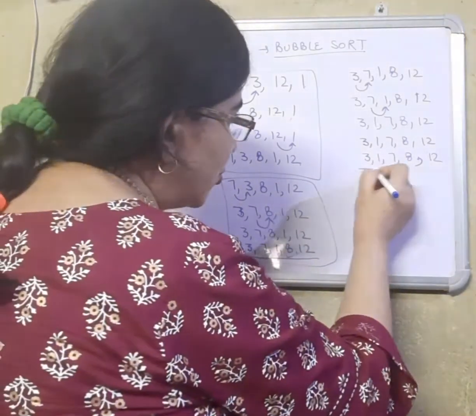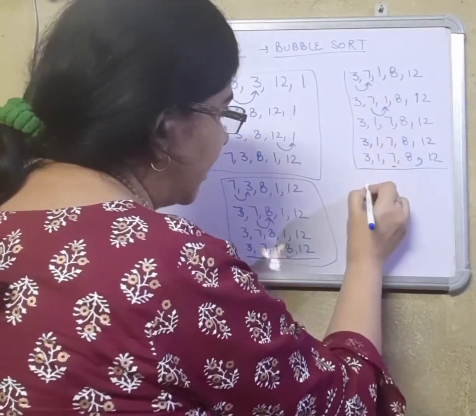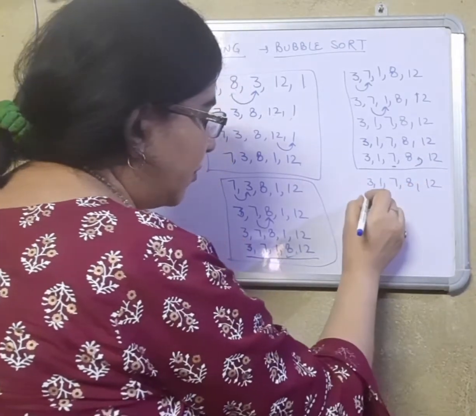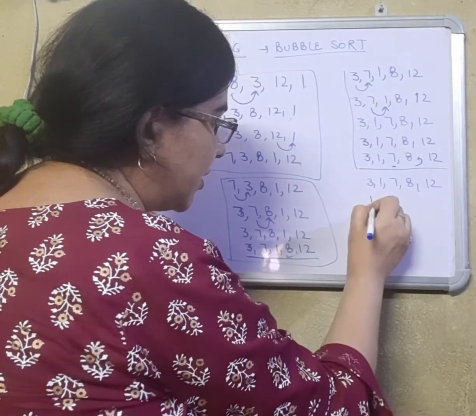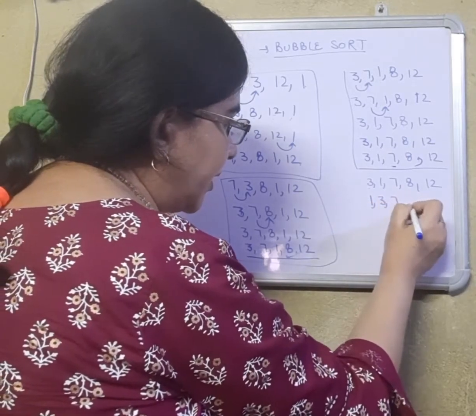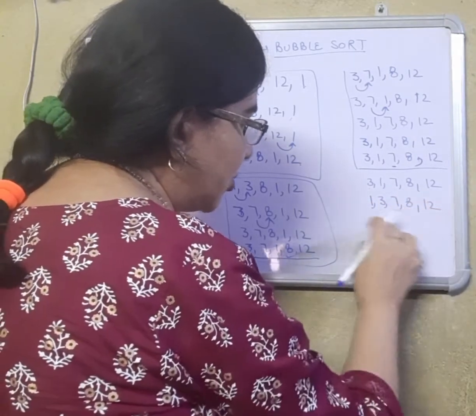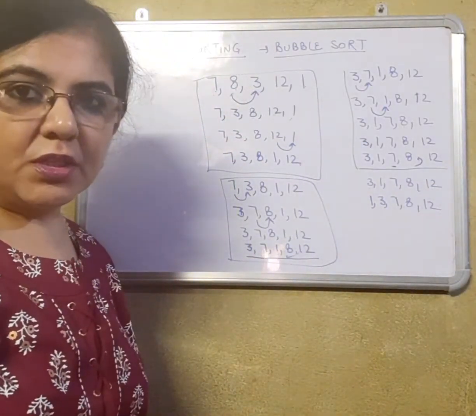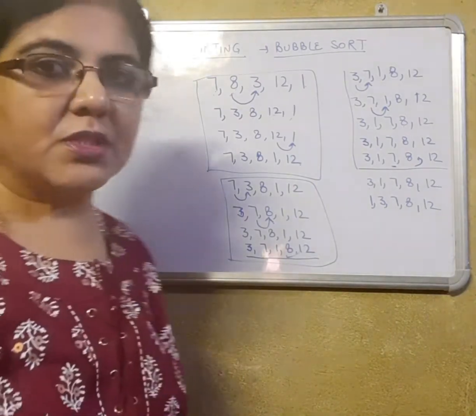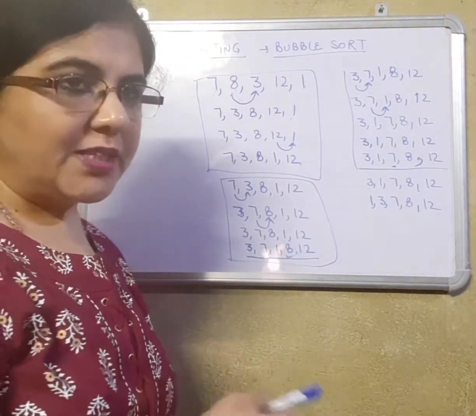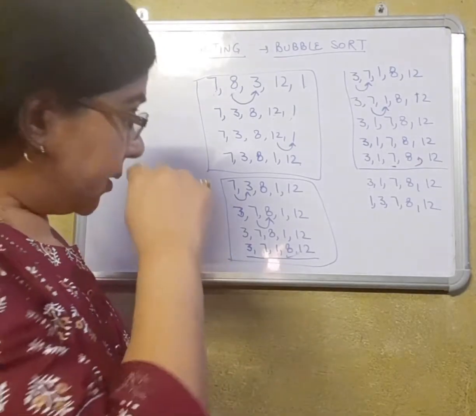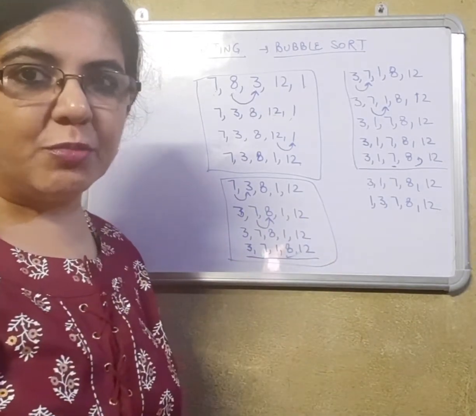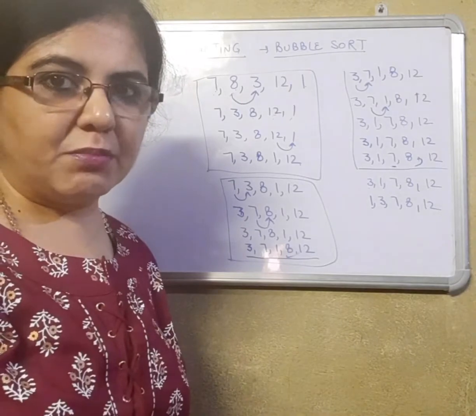Now from this new set, we take 3, 1, 7, 8, 12, in which 3 is greater than 1 is a true condition. Now we are getting a sorted array because the rest of the things are already sorted. So this way bubble sort will work, but how we are going to write the program on this, we are yet to see. So now let's see how to write the program. Make it very clear how the steps are going to occur, because as we write the program, these steps should be clear in our mind.